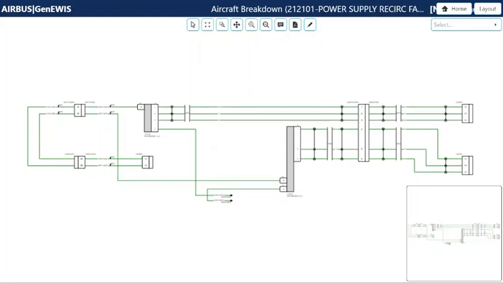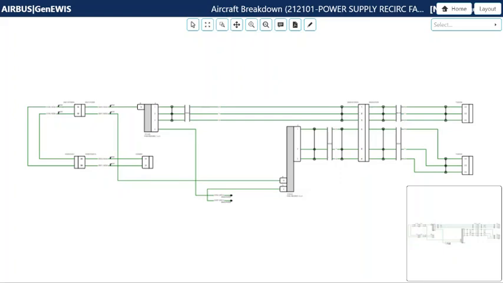The displayed diagram at electrical circuit level is the same as the one in the former product's aircraft wiring diagram or aircraft wiring manual, except there are no longer sheets split. The screen is divided into four parts.